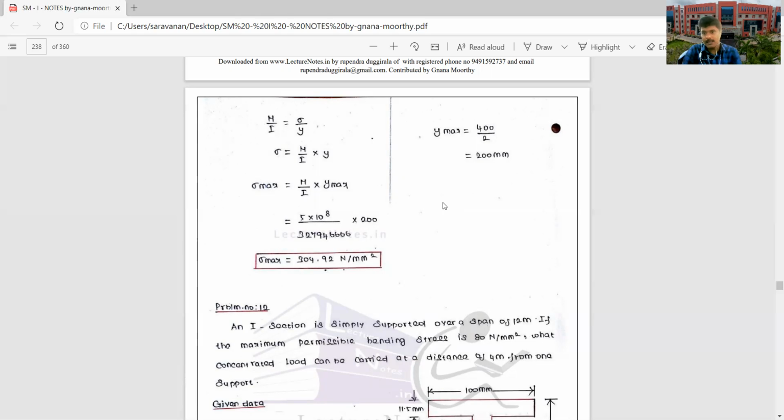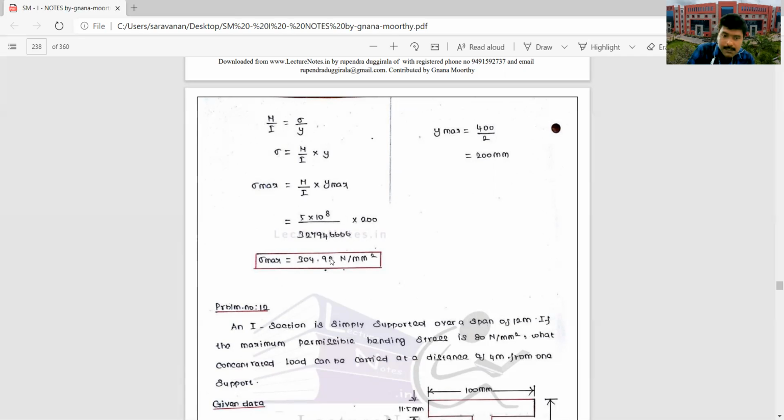So that's how you have to calculate the maximum bending stress. You know the bending equation, M by I is equal to sigma by y, so sigma is equal to M by I into y. The y value you can directly calculate as d by 2, the moment of inertia as bd cube by 12, and the moment is based on the support of the beam and the load. You can find out the maximum bending moment by simply substituting in WL square by 8. So the moment value you can find out, and if you substitute, you will get the bending stress value.